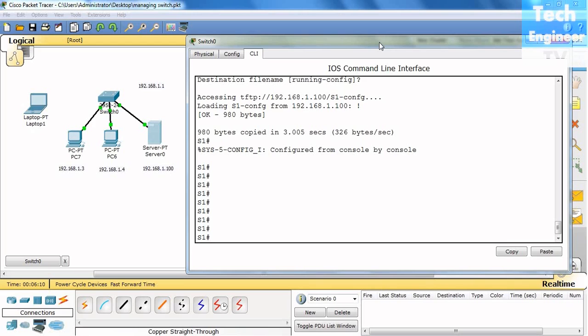And this is how you find it. This is how we restore the old database into the new switch, from the TFTP server. So hope you learned